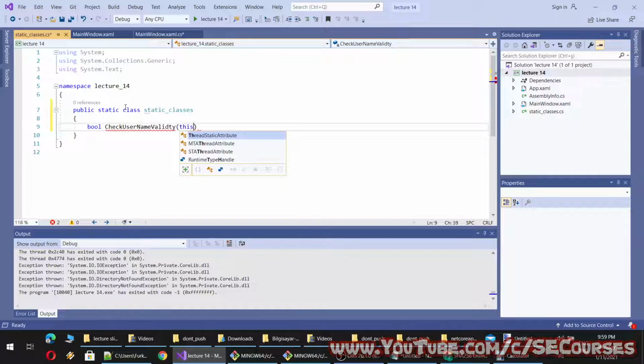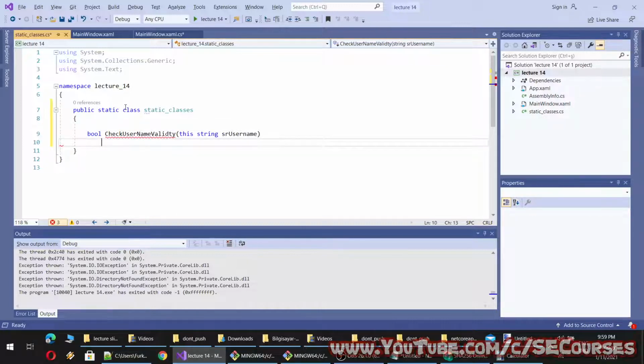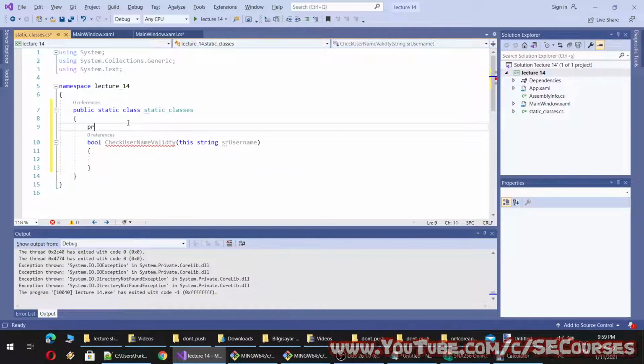Okay, and this will take this string username, and simply it will check this private readonly list of characters, let's make it a list of not allowed characters in username.